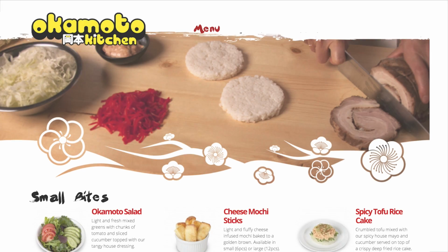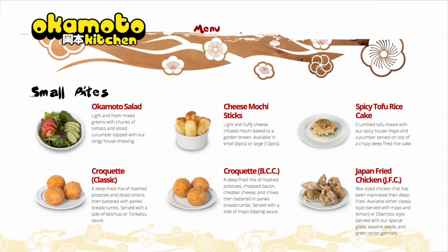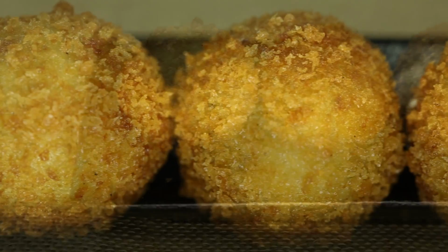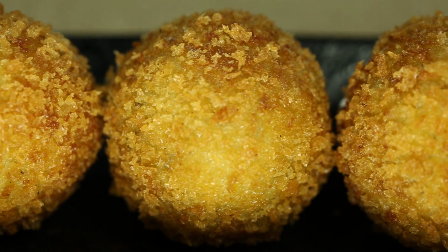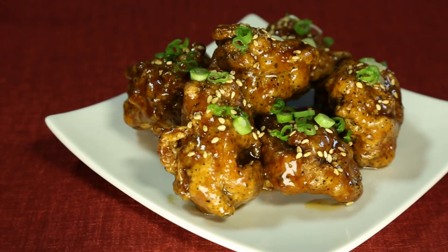The Okamoto Kitchen has 3 sub-menus: small bites, big bites, and sweets. The small bites include the Okamoto salad, cheese mochi sticks, spicy tofu rice cake, croquettes, which are essentially deep-fried, breaded potato balls of goodness, either with or without bacon, and the crowd favorite JFC, or Japanese fried chicken, in either